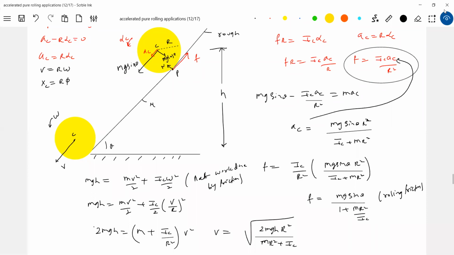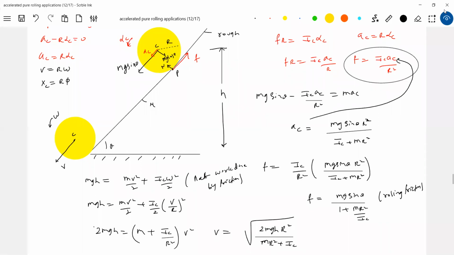Now, sir, why are you bringing mu? Already pure rolling is there, problem solved. Why should we again think anything new here? This was the basic question. No, there should be some minimum value of mu needed. If the mu is less than that, then slipping will occur. Okay, well now we'll focus on that one.